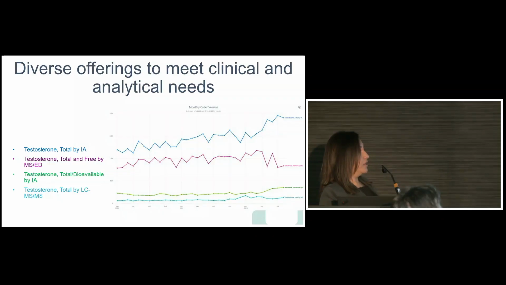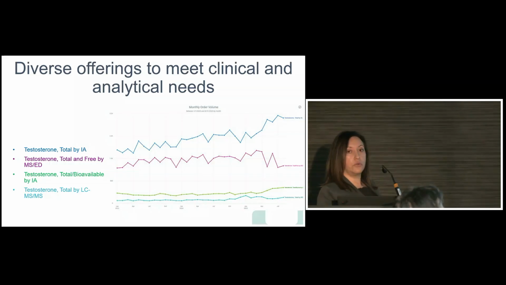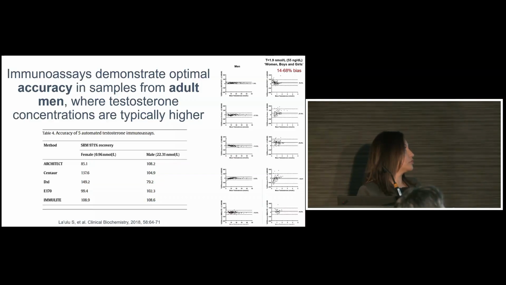So again, we offer a diverse menu. It could be more extended, it could be more restricted, but this is where we are at right now. These are very high volumes to accomplish in laboratory testing. The immunoassay tests are fully automated, open access, and that's how we can really serve our orders of testosterone, by offering immunoassay. However, immunoassays have limitations, and I think this audience is very aware of those limitations, but they